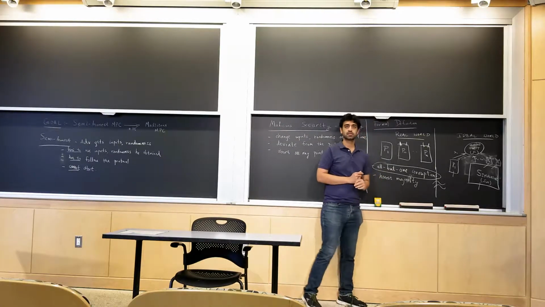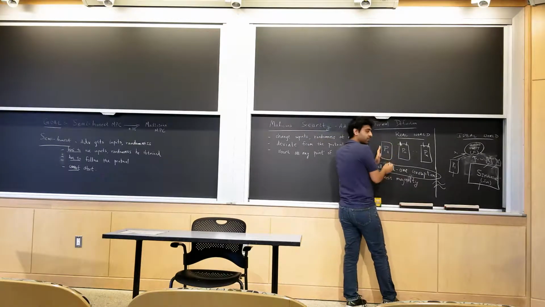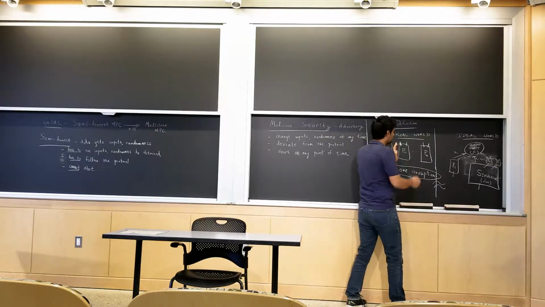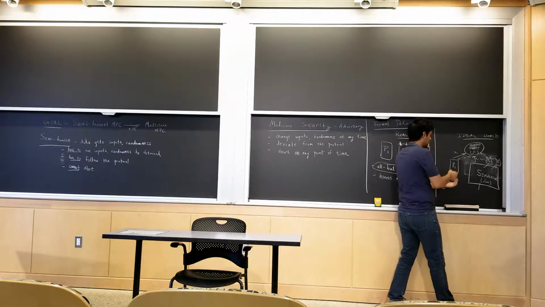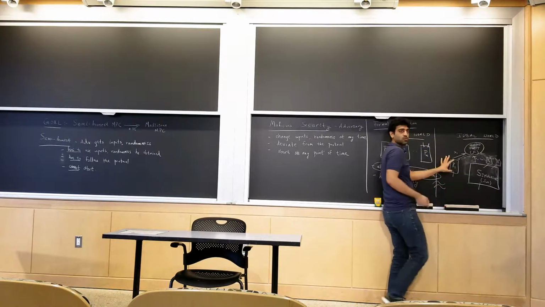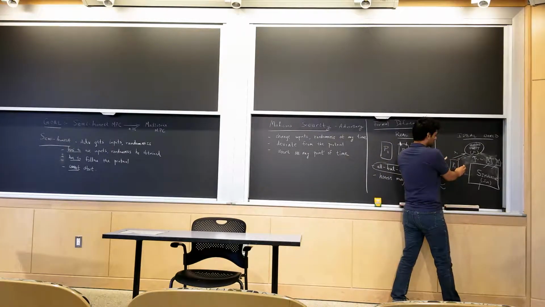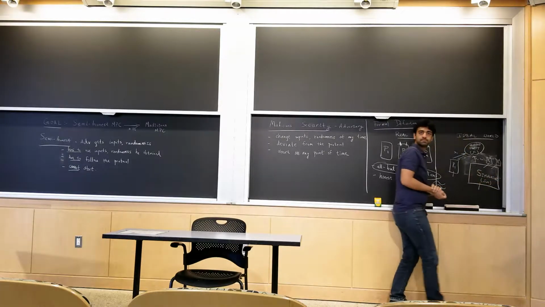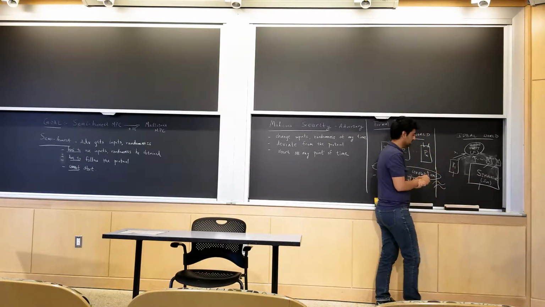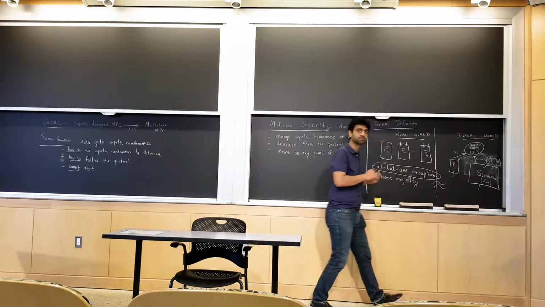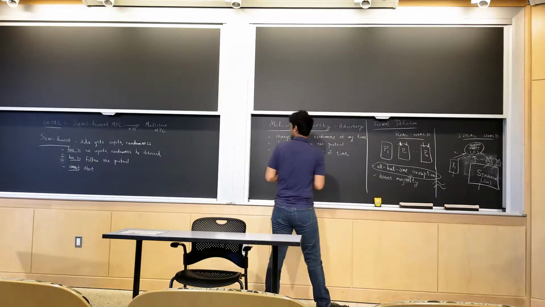Does it make sense? So what is the output of this? The output of this is the output of the honest parties plus the views of all the adversaries here. And what is the output here? Here also is the output of the honest parties. Here there is only one honest party, but you can envision more honest parties. So the outputs of honest parties along with the view of the simulator. The view of the simulator is essentially the same as the output of the simulator. Does it make sense? Okay, so let me give the formal definition.